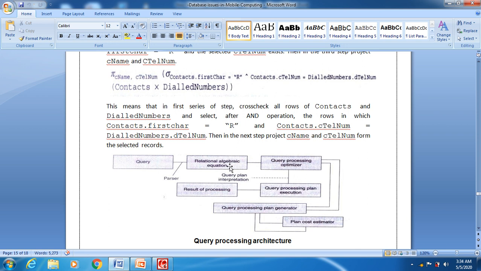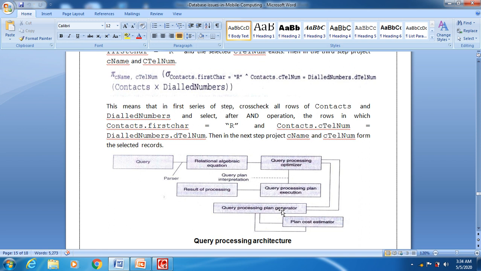After that we need to optimize that particular query, which is done by the query processing optimizer. In the query processing optimizer we have three things: the query processing plan generator, the plan cost estimator, and the plan execution. First we have to generate the plan for how to retrieve the information.